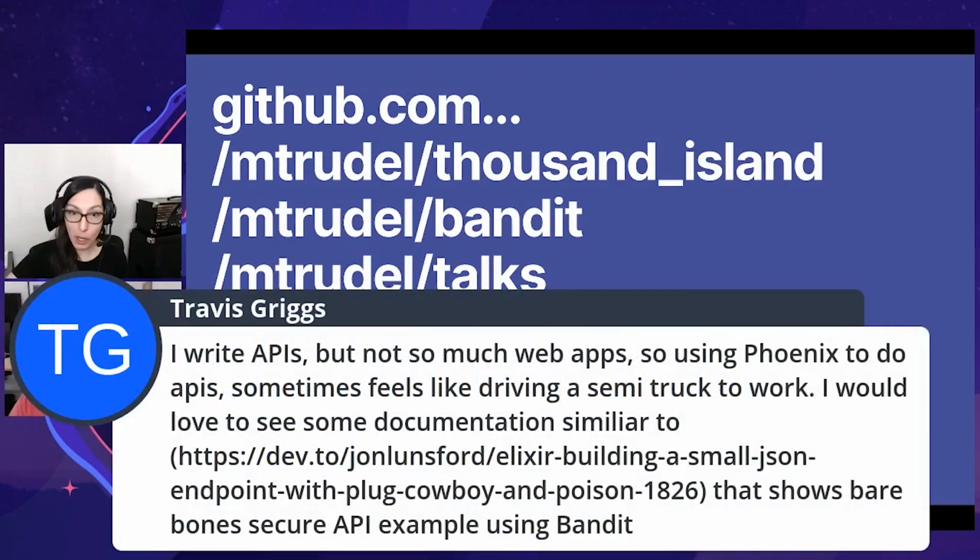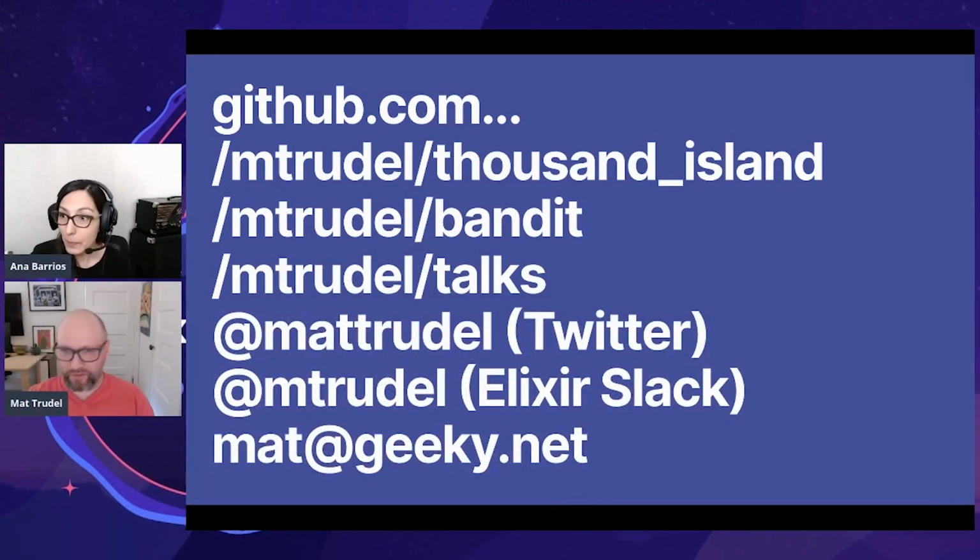The comment is from Travis Griggs. He says that he writes APIs, but not so much web apps. So using Phoenix to do APIs sometimes feels like driving a semi-truck to work. I would love to see some documentation similar to, and he's sending us a link that shows bare bones secure APIs. I'm not familiar with the link that he's passed there, but